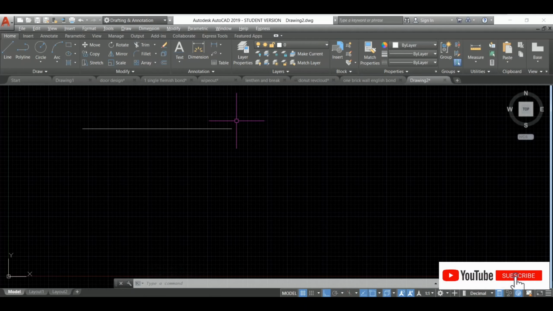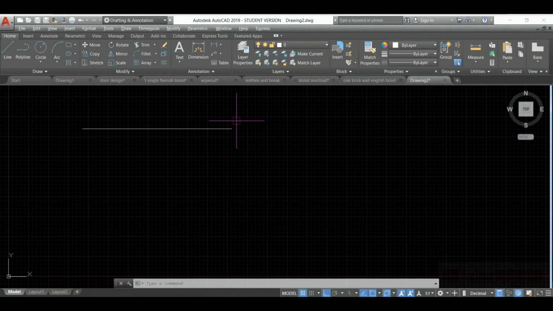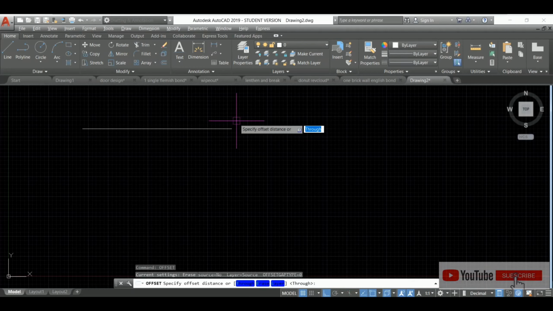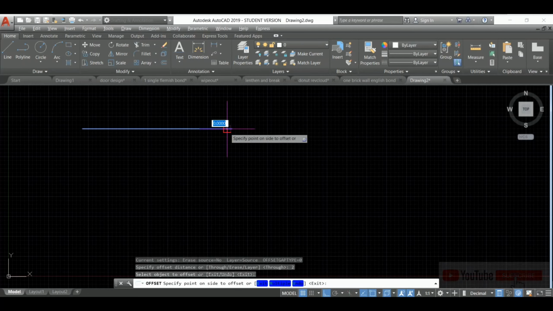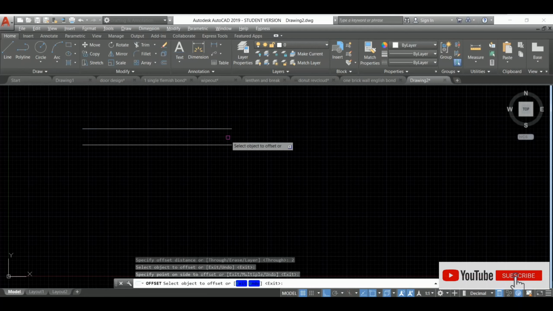And let's use the offset command, OFF is the short form, and press enter. Then specify the distance, let's say 2, and press enter. And after that select the object. This is our object, and take it upward or downward. Okay. And if you want a number of offsets, I mean if you want to take a number of lines, then